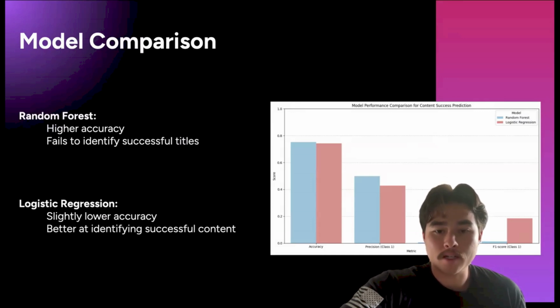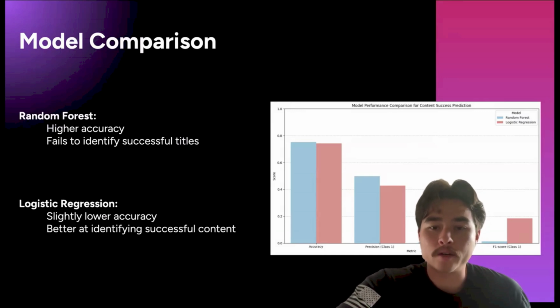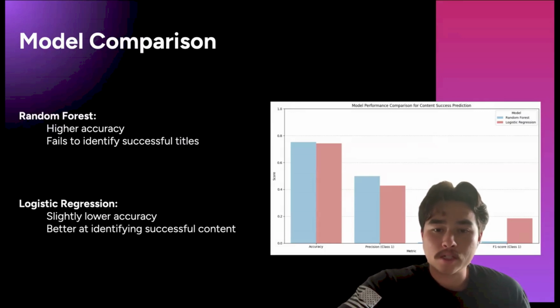Logistic regression had slightly lower accuracy, but it performed better when it came to recognizing successful content, which is the outcome we care most about. This makes logistic regression more aligned with the business objective of predicting which titles are likely to succeed. So while random forest may look stronger at first glance, logistic regression actually provides more practical value because it is better at finding the titles with real breakout potential.